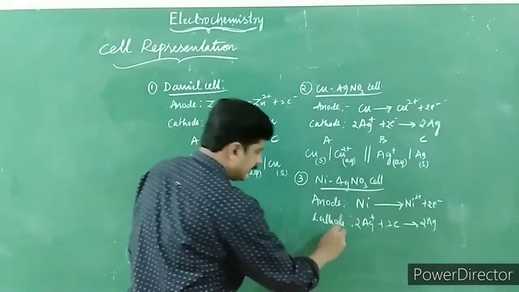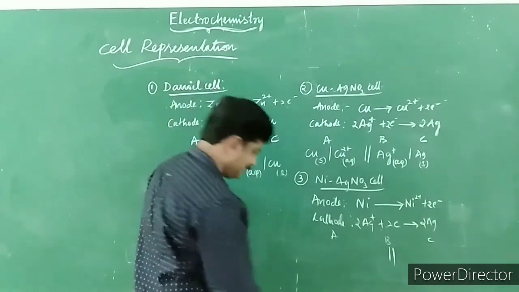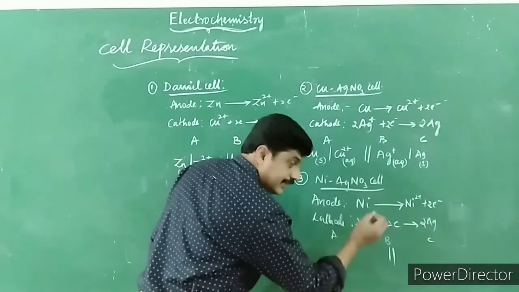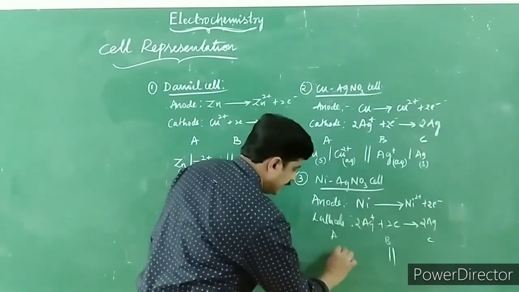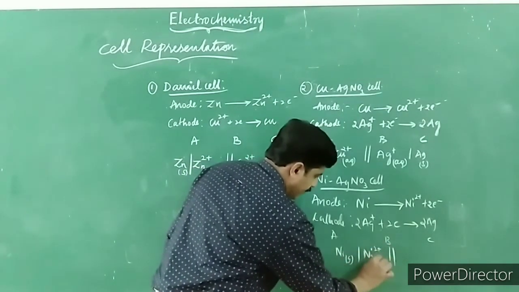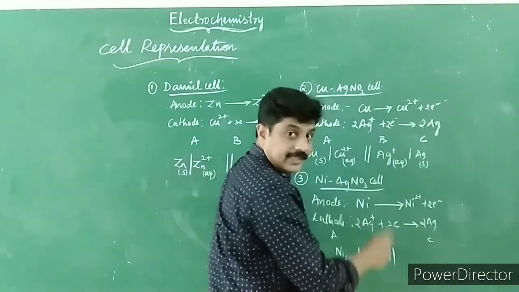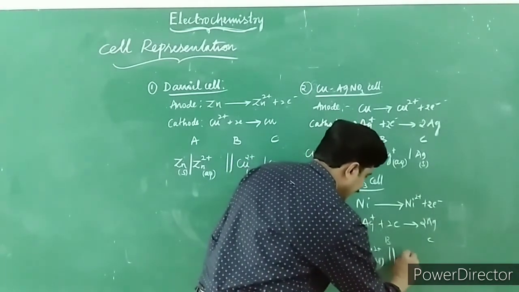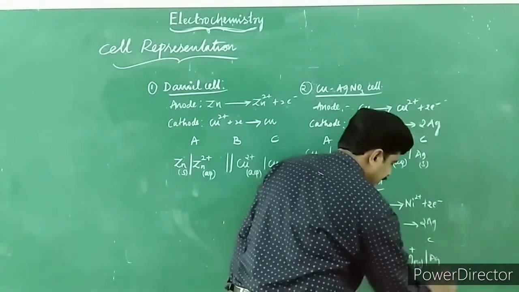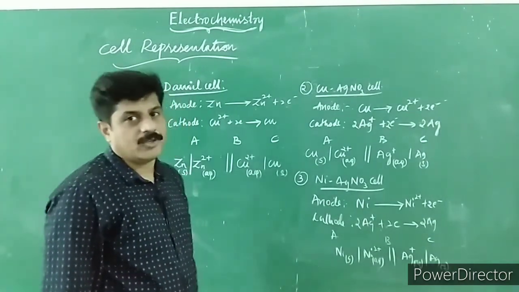Now look at here how we represent A, B, C. What is B here? Salt bridge. Getting or not? Yeah, first let me write on the anode side where the oxidation takes place. In that, first I need to write the metal in solid phase. What is the metal here? Nickel in solid phase. And then nickel ions in aqueous medium or solution. And on the other side, cathode, first I need to write the ions, that is Ag+ in aqueous medium and bar. Then you have to put Ag in solid phase. So this is how you need to represent an electrochemical cell.